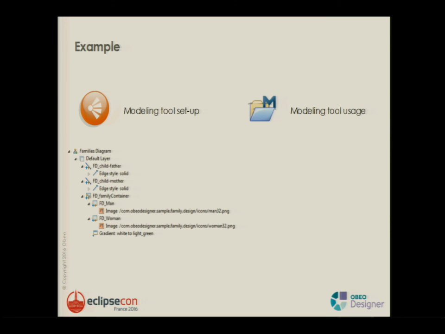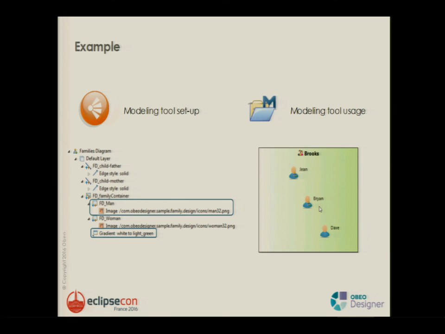Here is an example of how it works. I first specify a container here. I want to render a family with a container which contains something, and is white to light green. So it appears as soon as I do this mapping. After, I say that each man in my models should use an SVG image, this one.